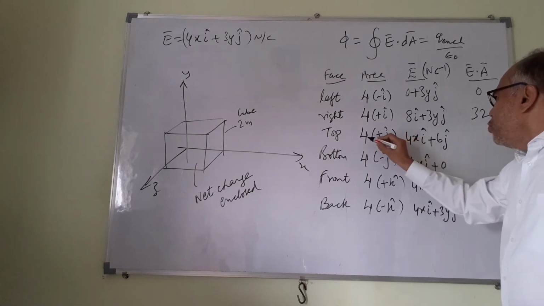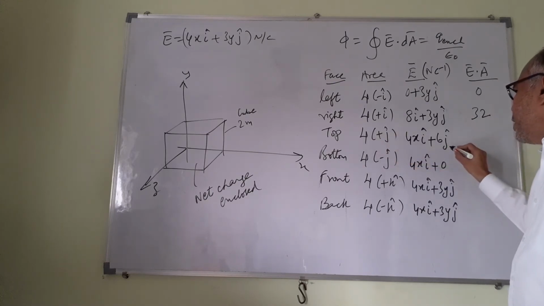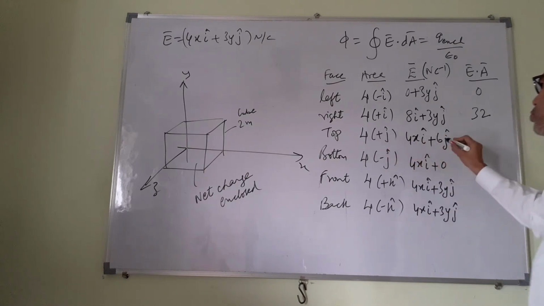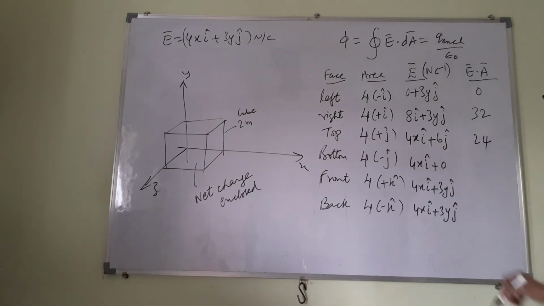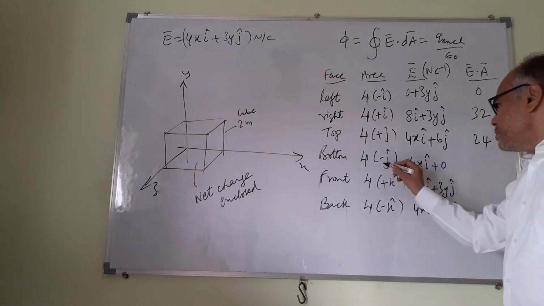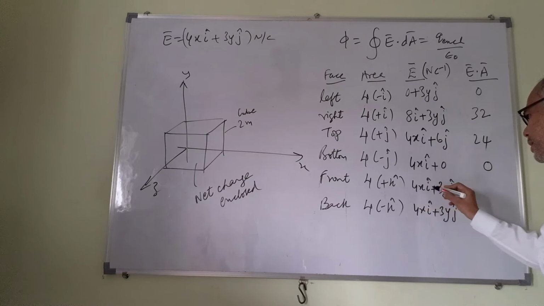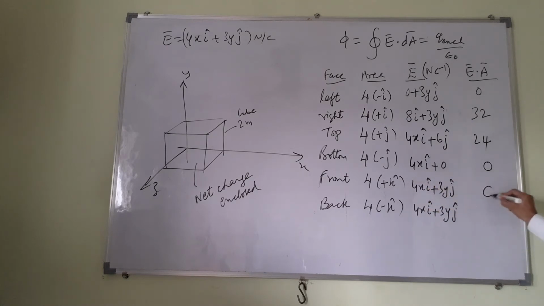Here you will have j dot j is 1 and j dot I is 0. So you will have 4 6s are 24. Here again j dot I is 0 and k dot I is 0, k dot j is also 0. So this is 0. Therefore, we have basically the total flux as